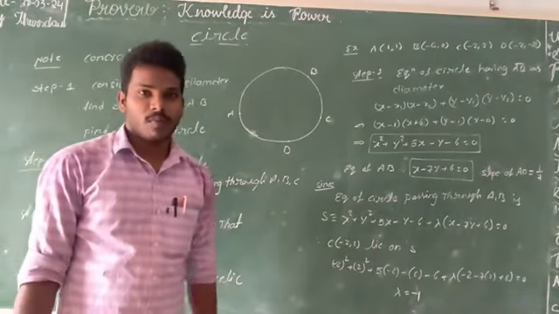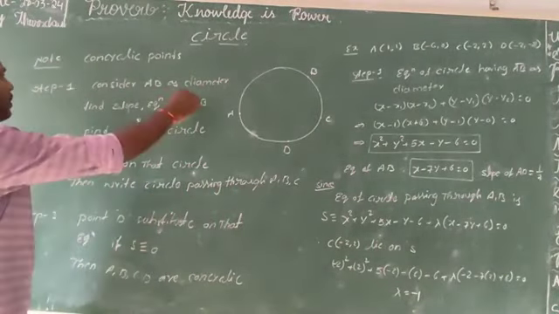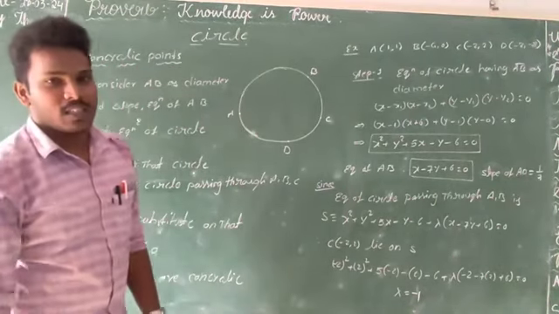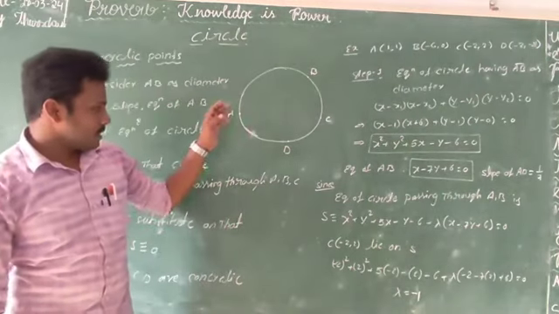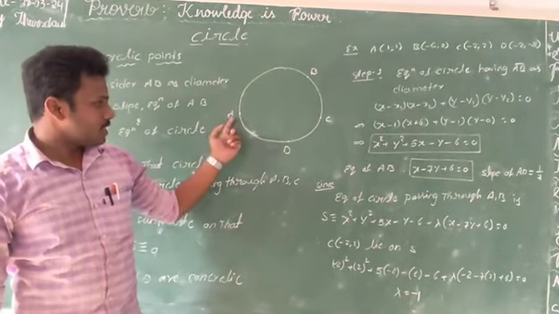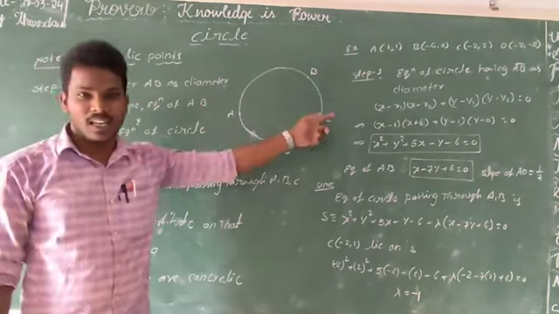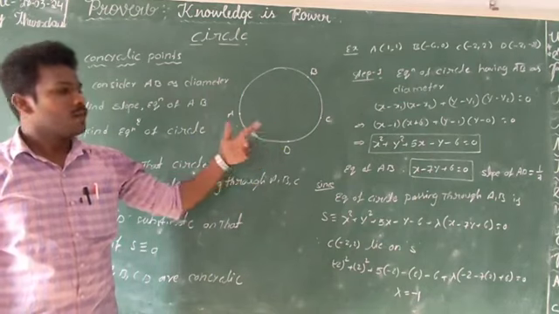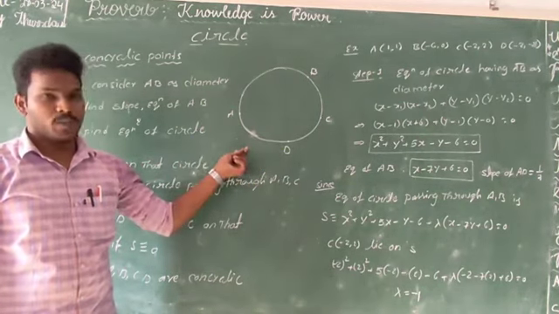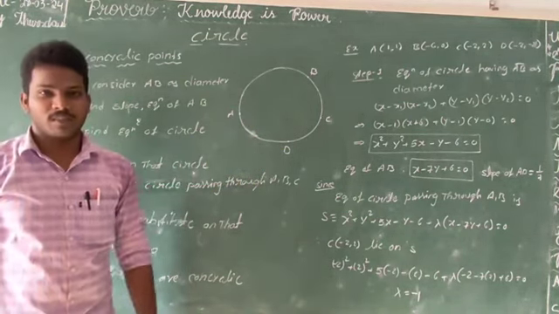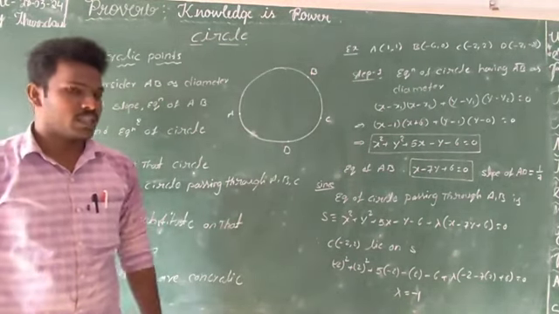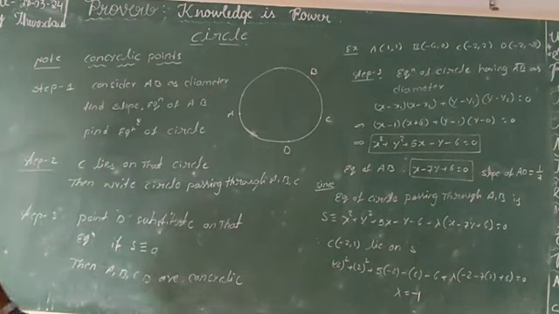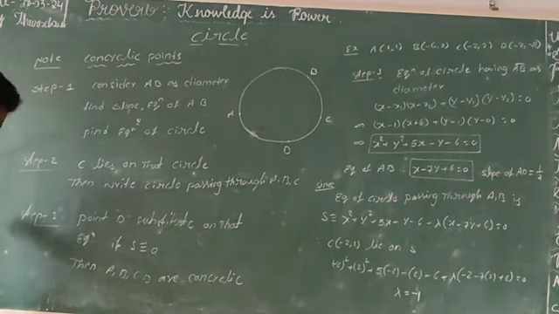Then, friends, the last thing in section 1 is concyclic points. How do we prove concyclic points? Suppose there is a circle, and the points A, B, C, D lie on the circle. We need to prove that these four are concyclic points. So how do we prove this? I have to follow processing steps, and I can decide here on three steps.